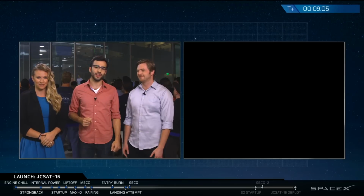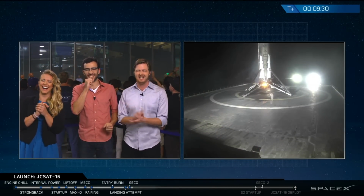We actually, back to the main mission briefly, we did just get a confirmation of a good orbit from the second stage. It's as excited as we all are to figure out what happened to that first stage. The primary mission today is to bring JCSAT-16 into geostationary orbit, and we're actually doing great on that front with our confirmation of good orbit. So that good orbit is the initial stage. It's that initial low Earth orbit section before the second stage begins a second burn to turn that orbit from a circular...